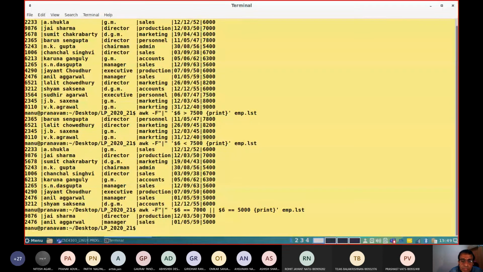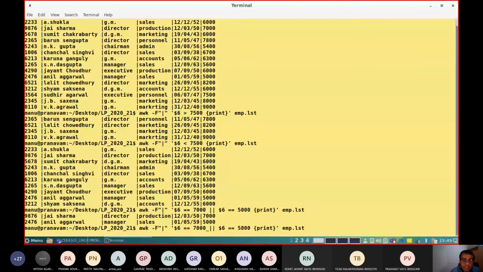Yes, so look into this particular output. It displays the staff getting salary 7,000 or 5,000. The sixth field should be 7,000 or 5,000. Okay, that is displayed here. So you can club together numerical comparisons, and it works.